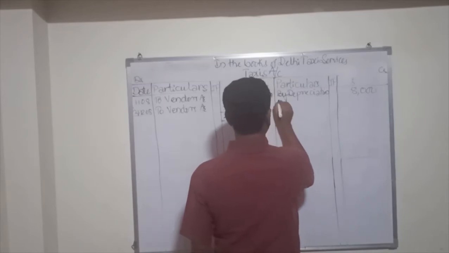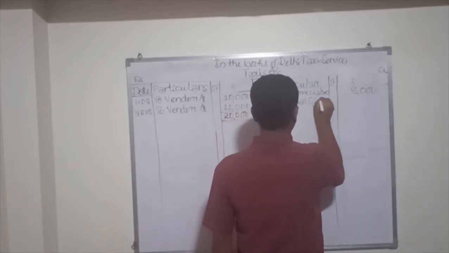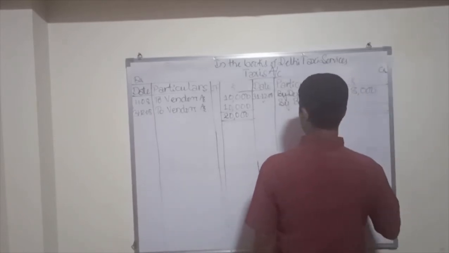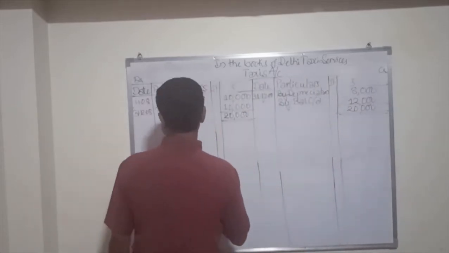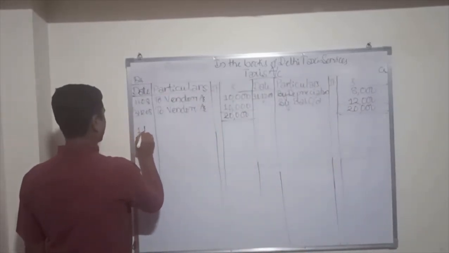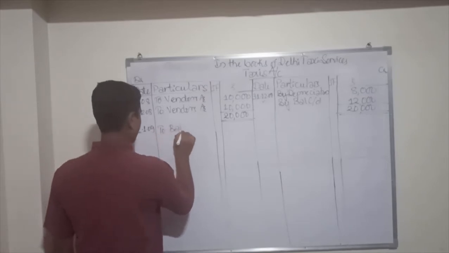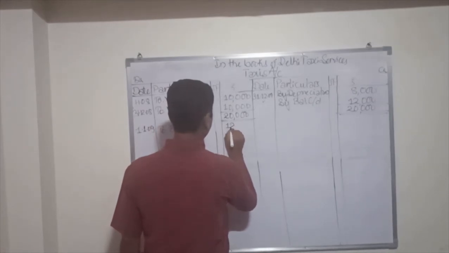So on the same day let's balance here. So by balance carry down. So when the balance carried down here, so 20,000 here. So the difference here is 12,000. So this balance is brought down on 1/1/2009. Then the entry will be to balance brought down. So the balance brought down here is 12,000.